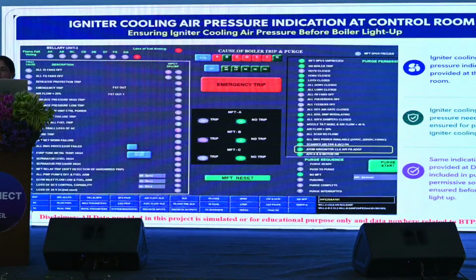After the work is completed, they come out and they forget to open this valve. So like that only the boiler will be purged, guns will be taken. But what about the cooling fan? Nobody considers it. So what we have done is we have hooked up a pressure transmitter